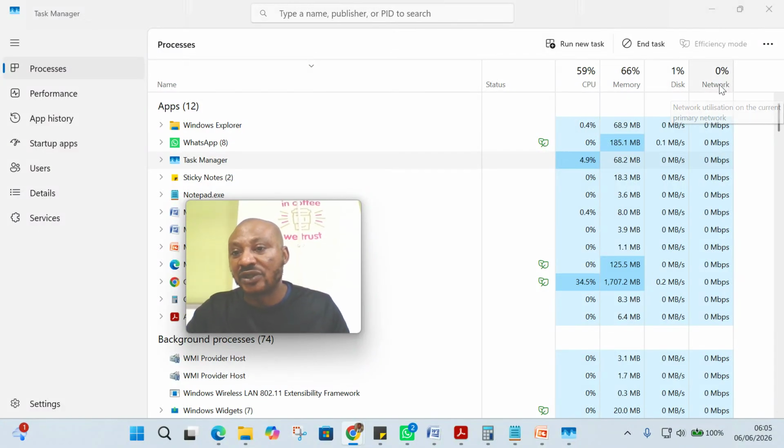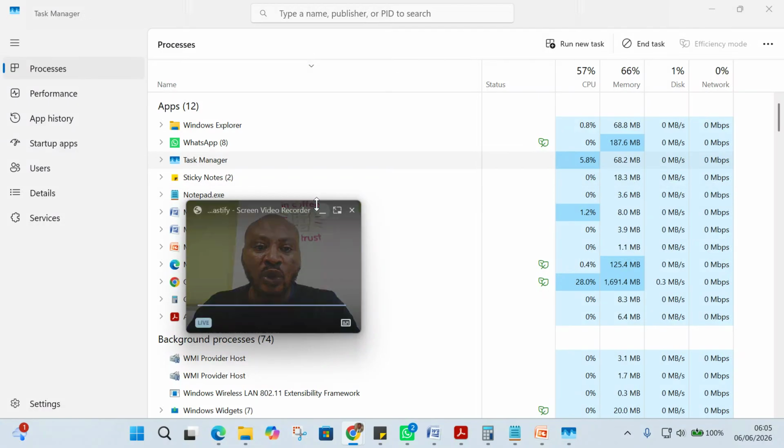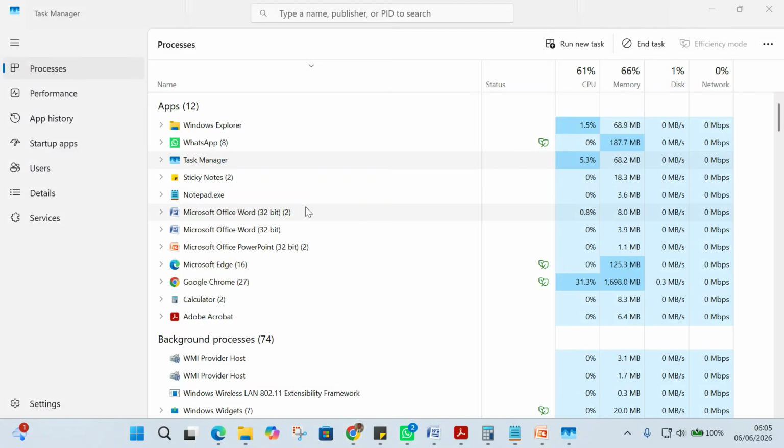So right now, I see our network is not on, so we're not doing any networking. So yeah, our disk usage is 1%. Okay, let's come back again now. From this system now, we can see that we have